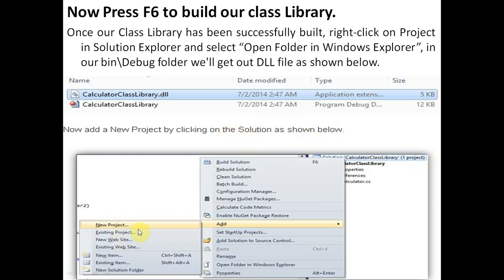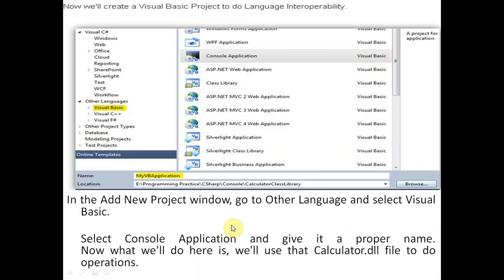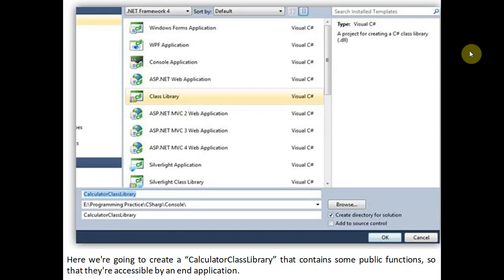We will right click on Solution Explorer, and then add. Then we choose this new project, and then we will click on the add button, and in this add button we will write here console application. We are starting with Visual Basic, so we will select Visual Basic and press console application. The previous program is in C Sharp language, so here we will select Visual C Sharp.